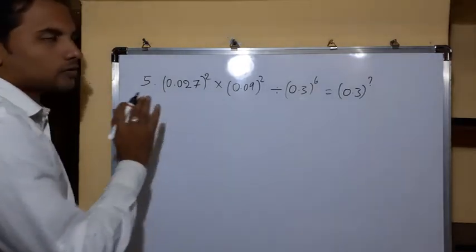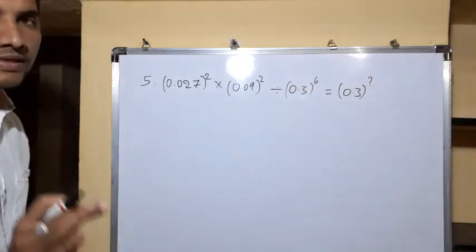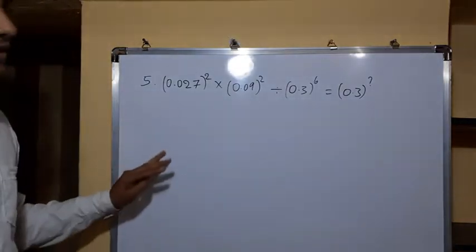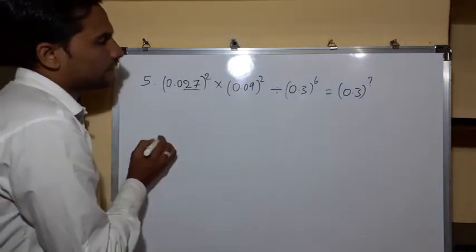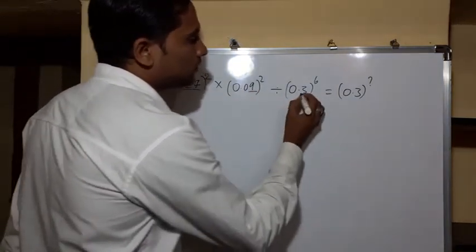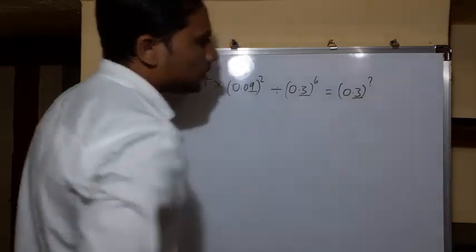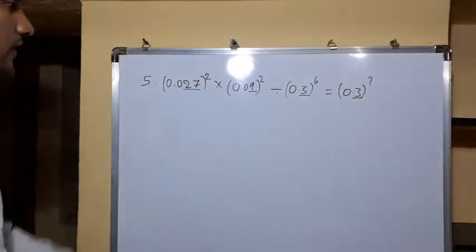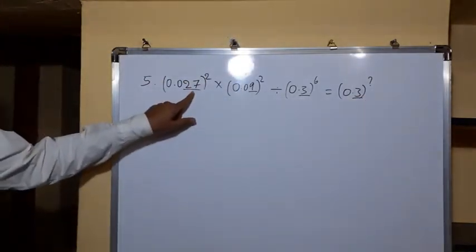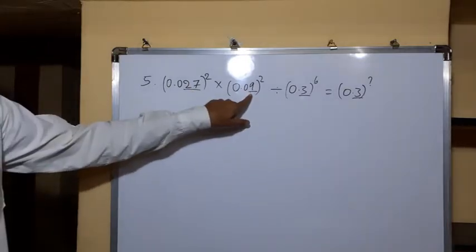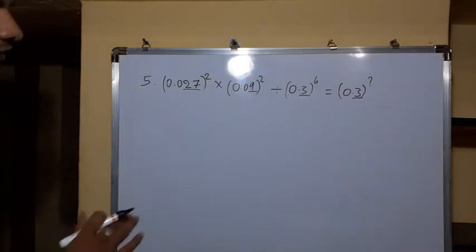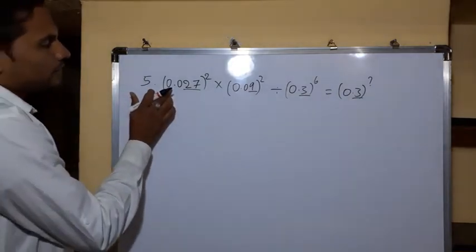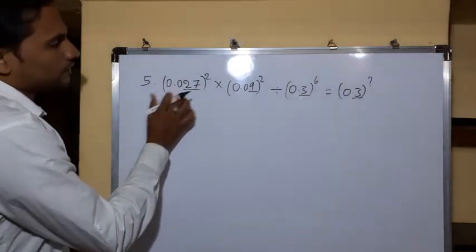First you forget about the decimal points. Whenever there is a decimal, you forget about the decimal, right? You only focus on the numerical part. How much is it? 27, 9, 3, 3, right? You only focus on the numbers, friends. 27 is what? It is 3 cube. 9 is what? 3 square. This is 3 raised to 1, 3 raised to 1, right? Only focus on that. But what is given is 0.027.